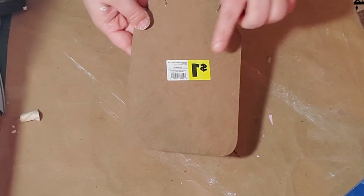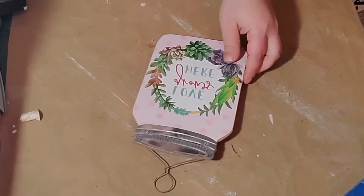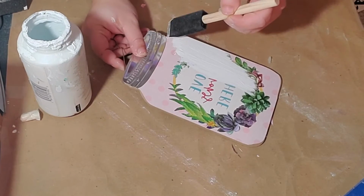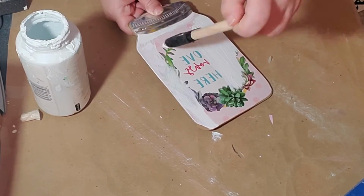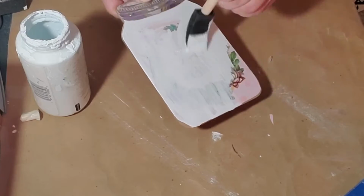Now for my next DIY, it didn't come out exactly how I wanted, but I still think it came out cute. And this was inspired by something that I saw on Pinterest, which I believe originally came from the Wayfair website. So I started off with this amazing mason jar sign that, of course, I got from Dollar General,